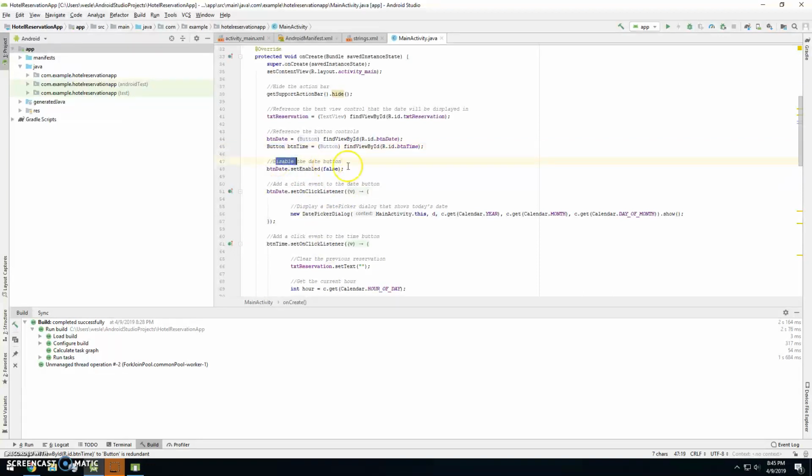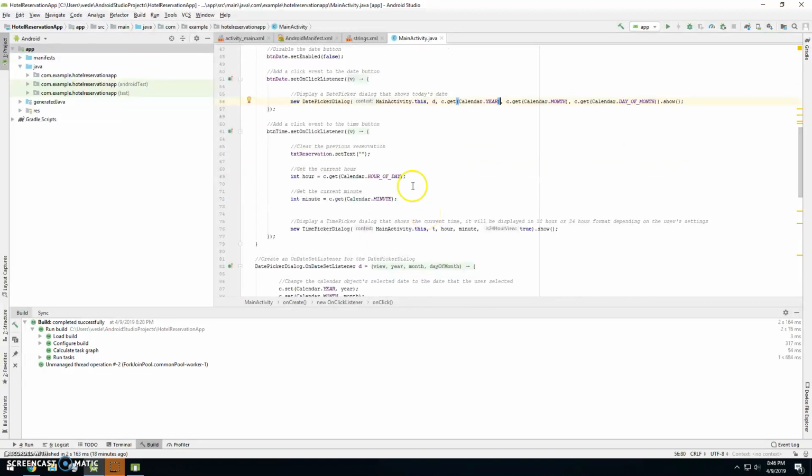So at the very start of the program, when we're setting up all this stuff, we disable the date button. So it'll be grayed out. We set enable defaults. So that means it's grayed out and unclickable. And now here we add a click event to the date button. So what this is going to do is display a date picker dialog, and it's going to reach out to the calendar object and get today's date right here, and it's going to display that, I guess. And then this is the time button